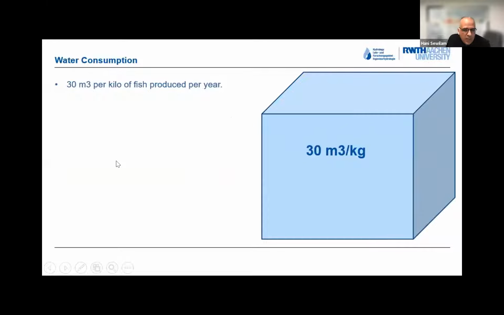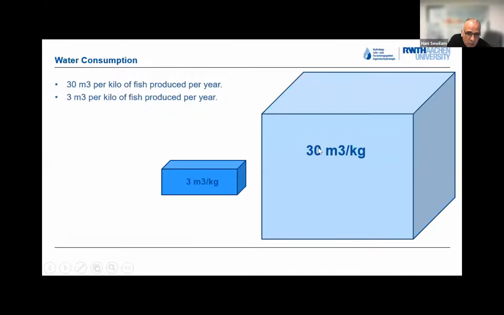So with this, we can also minimize the water consumed for the crops. And for the fish, because you are using the same amount of water for producing fish and using the waste of the fish, which is ammonia, transferring it to nitrate and using it as irrigation water. So just like hitting two birds with one stone at a very low cost. I love low cost, low tech for African countries, and especially for the Nile Basin countries. So with this, you can reduce the water footprint of 1 kilogram of fish from 30 or 25 cubic meters to only 3. You can even go further to 0.3 cubic meter of water for 1 kilogram of fish, but